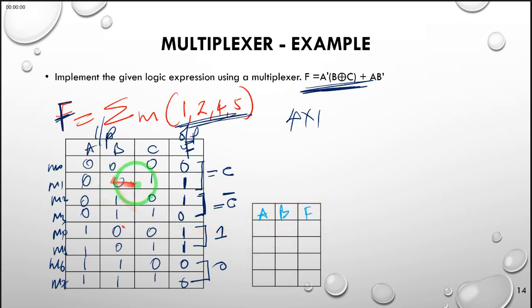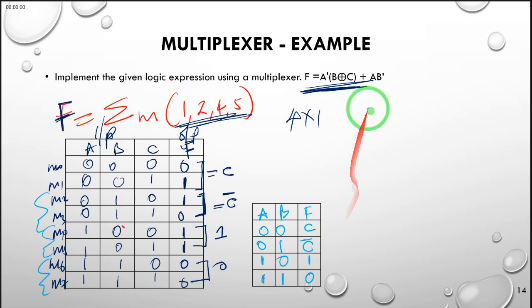And we can say that for the first two, AB is 0, 0. And when AB is 0, 0, then our output is C. Again, for the next two, 0, 1, our output is C bar. And for the next two, when the inputs are 1, 0, our output is a 1. And finally, for the last two, when the inputs are 1, 1, the output f is 0. This now becomes our truth table for our expression, which now we can implement using a 4x1 multiplexer